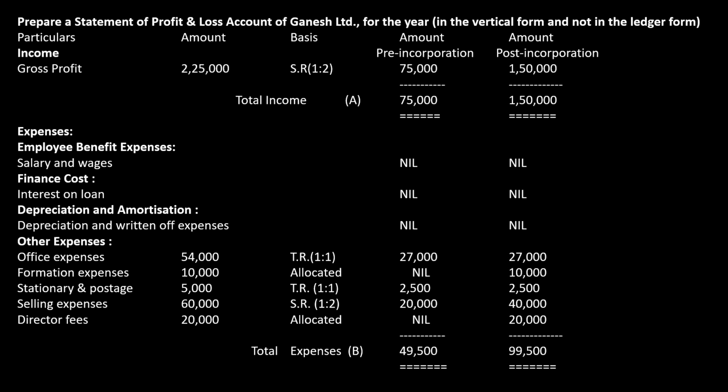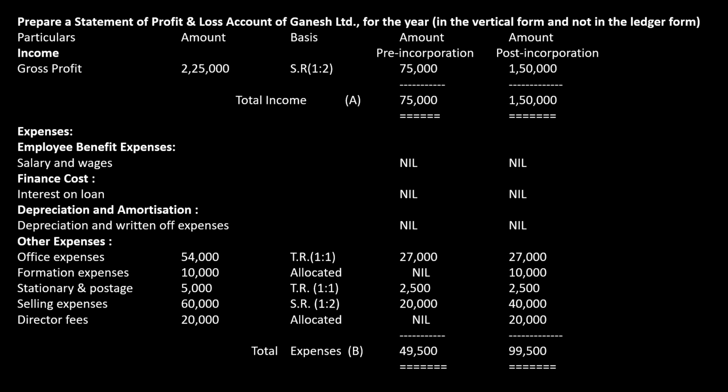Then the next heading is finance cost. Under this heading, you will come across only finance expenses, that is your interest on loan, interest on bank loan. So any interest paid will come in the second heading. Then all your depreciation and amortization expense will be written in the third heading. The last heading is other expenses. Anything that doesn't fall in the first three headings will be written here, in the fourth other expenses column. Okay.